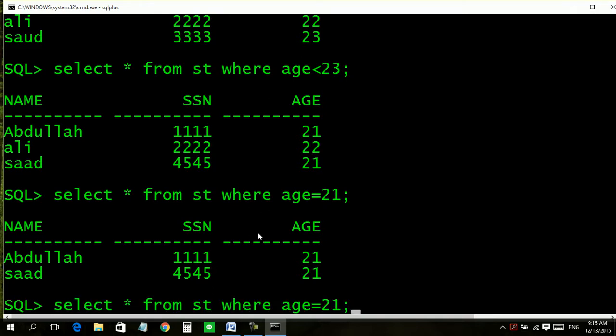Okay, we can change it also, like we want to search them by name. So by name we have to take care that as their name appears in the column in the table, we have to write it in the same way. We will use name equal to Ali.